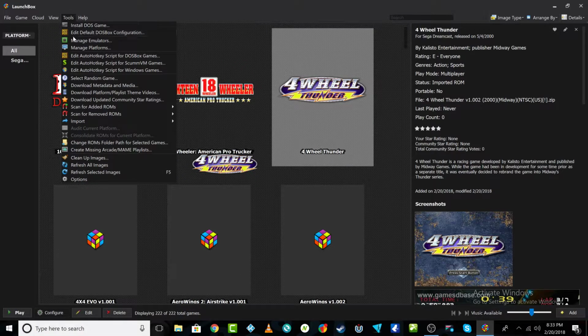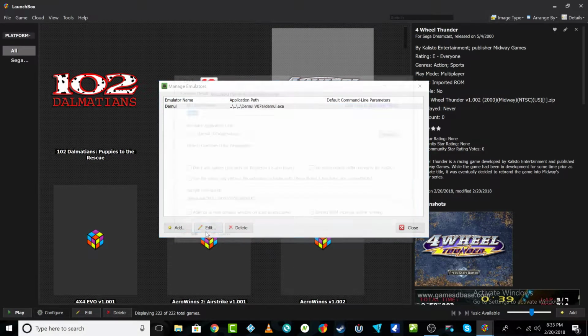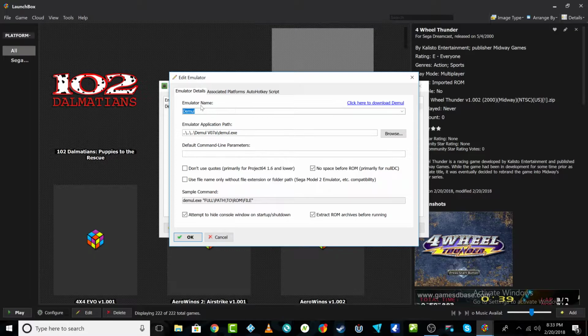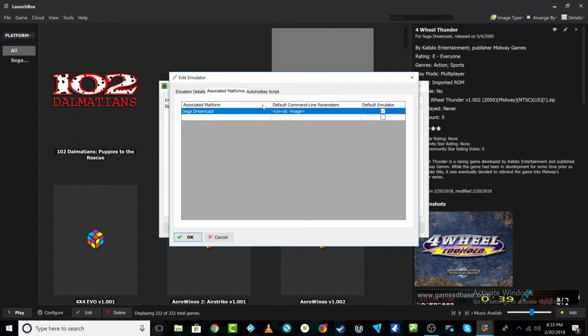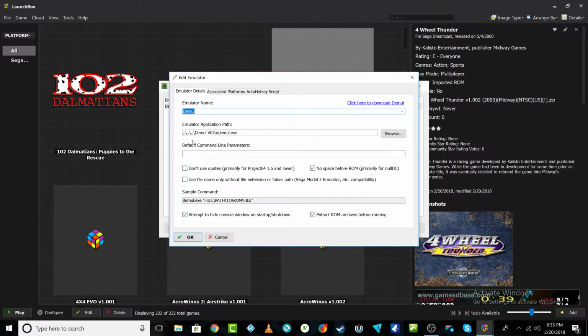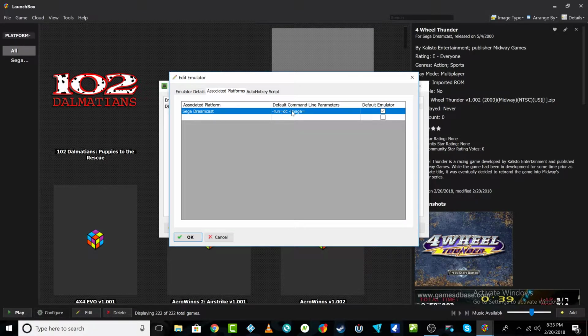When you're setting this up, you go into Manage Emulators and edit Demul. This is what it looks like when you're first setting it up. You type in Demul and browse to where your emulator is. I didn't put a default command line here. This default command line is left over from when it was running the CDI images, so I'm not 100% sure if it's a necessity. I haven't messed with it because it's working and I don't want to mess with it. If you use this method to play your zipped GDI files and it doesn't work, you might want to come back and add that default command line in there. But anyways,